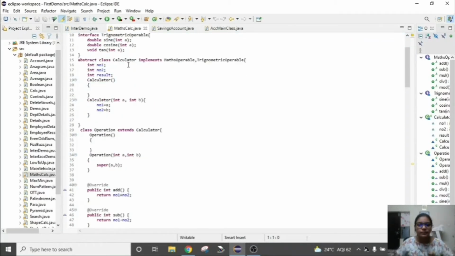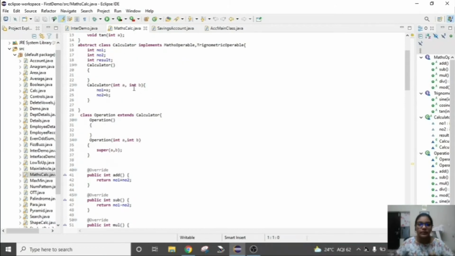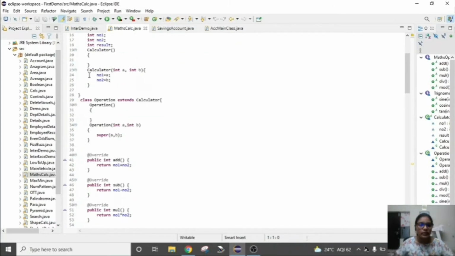Then I have created an abstract class called calculator, which is implementing these two interfaces. And then I have created members like number 1, number 2 and result, just like how they described in the question. And then I have given the necessary constructors for calculator, with 0 arguments and 2 arguments,